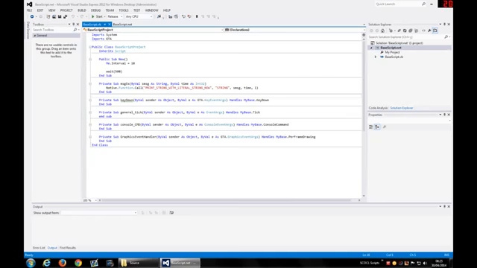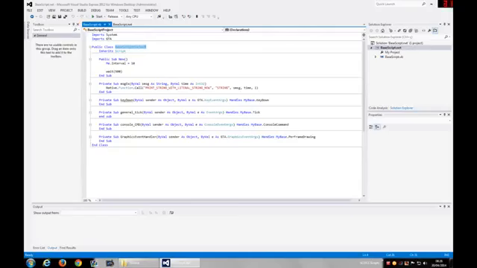Let me explain the structure that we have here. Here we have the name of the script, of the class of the script, that will appear on the ScriptHook console. We can change it here, let's say change to sample project. Here we have the Sub New method that will be executed when this class is created.